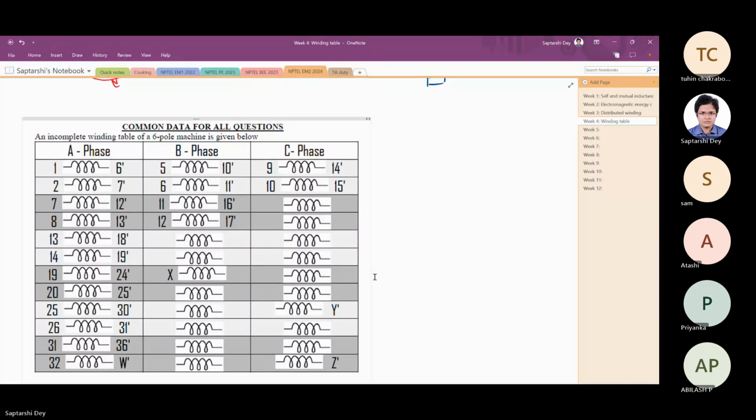See one thing. Just look at these numbers. Maybe the left hand side numbers, they are not primed. It's 1, 2, 3, 4, 5, 6 like this. Whereas the right hand side numbers, they're primed. Or you can say in this fashion also. Look at this. Here we have 6 prime, here we have 6. Although this is incomplete,